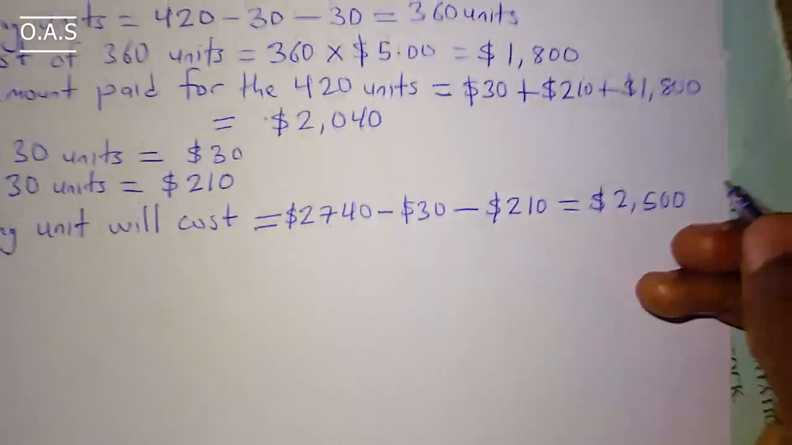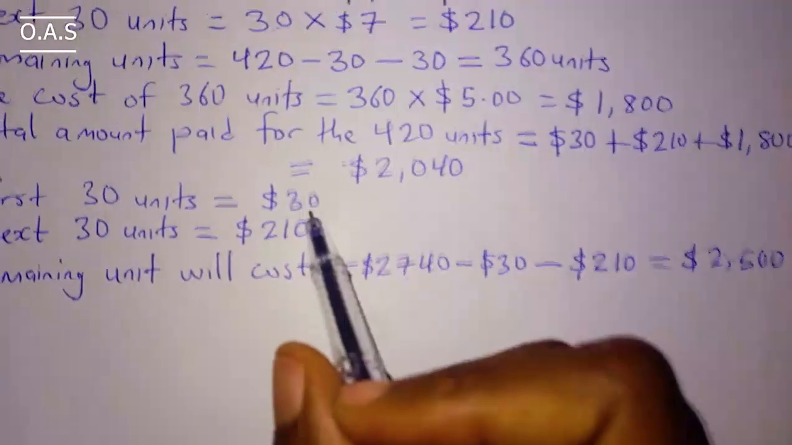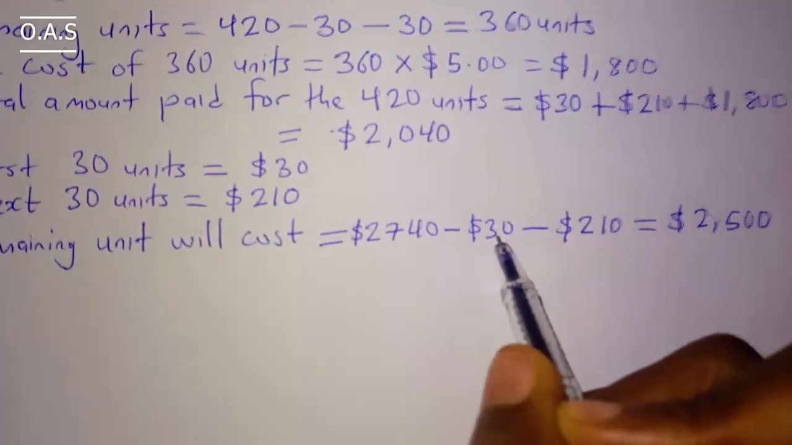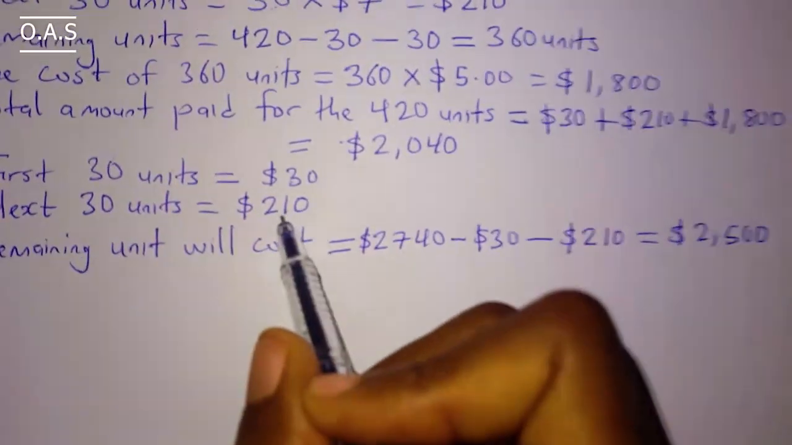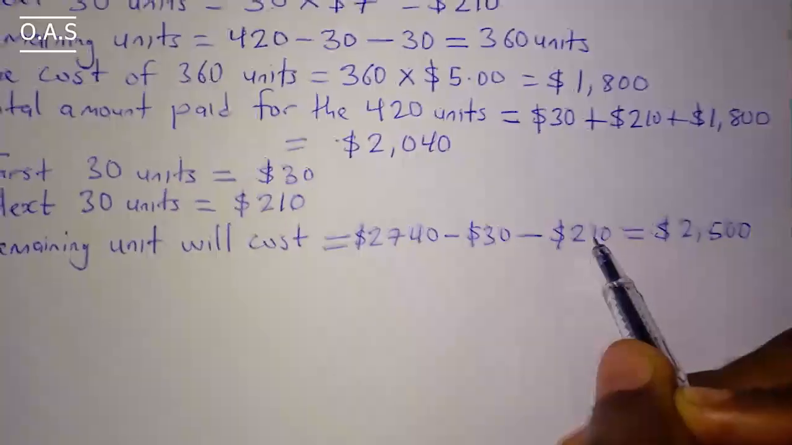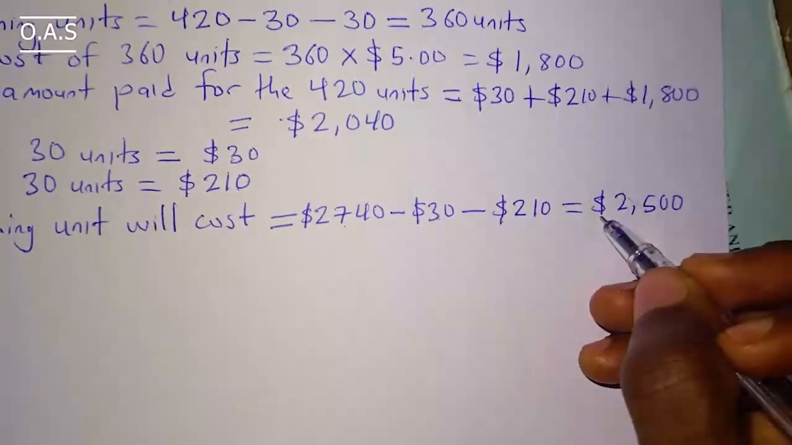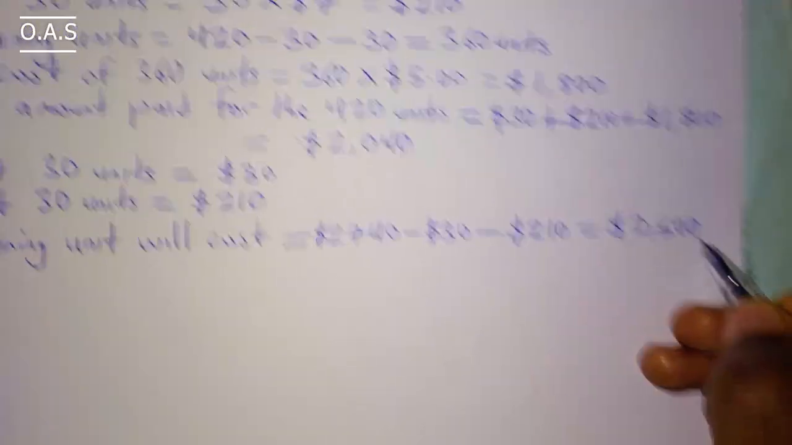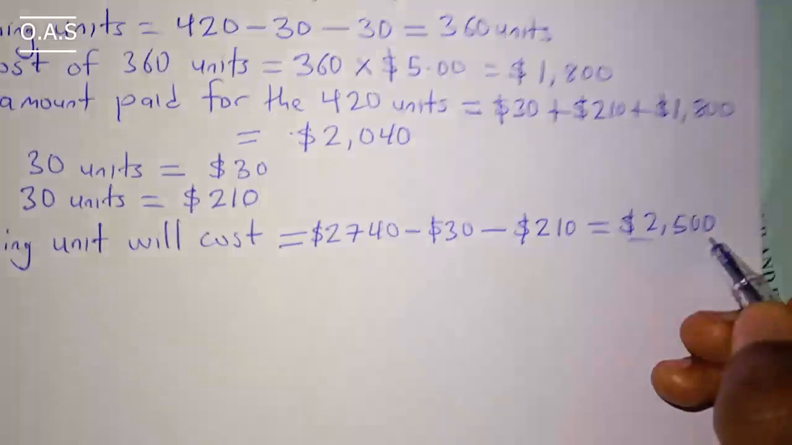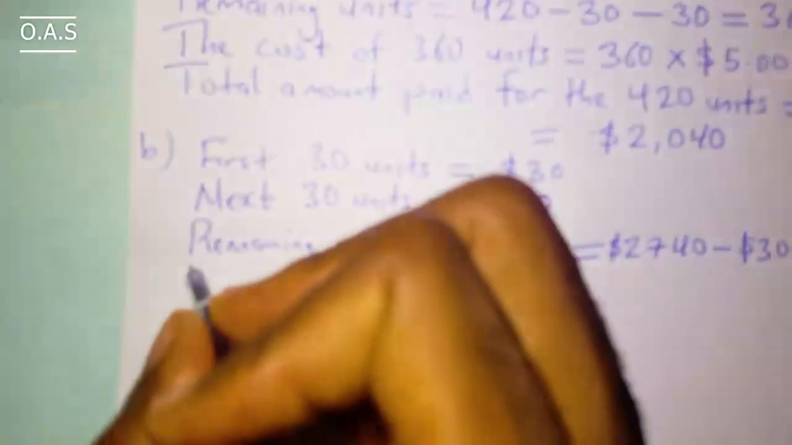So what that simply implies is that out of the 2,740, she paid $30 for the first unit. That is the first 30 we removed here. She paid $210 for the next 30. That is the 210 we removed here. Now, how many units will you have in this $2,500? Remember, this $2,500 will be at the rate of $5 per unit. So the number of units